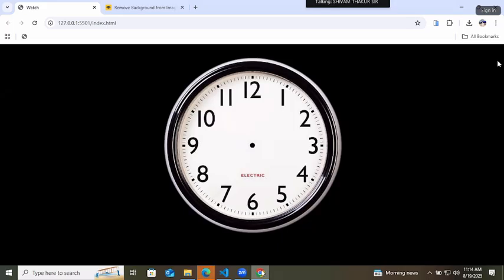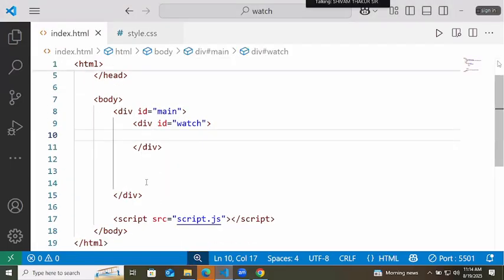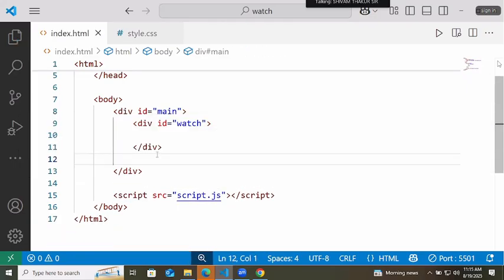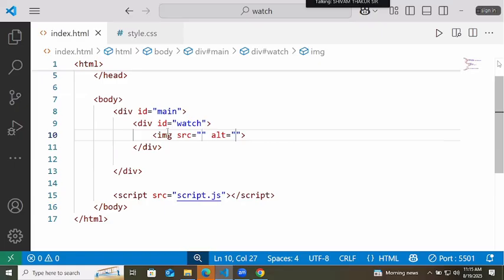The next task is to adjust the hour hand, minute hand, and technically we have to handle the hands here. Those are the images that we have. So let's try them now. In this div, at first we will add the image. In watch, which hand is at the bottom?